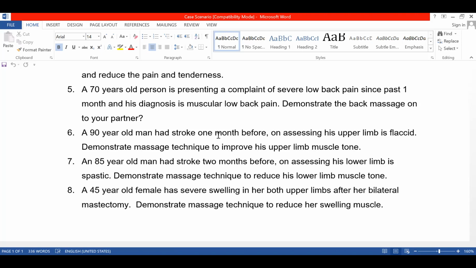That's all. Thank you. Okay, so just one point to add, since they have given that low back pain, it doesn't mean that you have to treat only the lower part of the back. You can treat the complete back because effleurage, everything you need to drain to the proximal. Okay, so you cannot treat only the lower back.